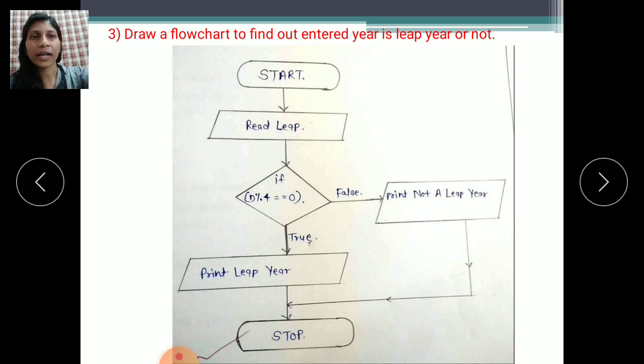Remember, if you want to write down the statement step 1 start and stop, use the oval symbol. If you want to write down the input and output statements, use the parallelogram. And if you want to declare any condition, use the rhombus, meaning the diamond symbol, because it shows the two-way result, true or false. If you are using a mathematical formula in your flowchart, use the rhombus symbol to declare those mathematical statements in the diagram.